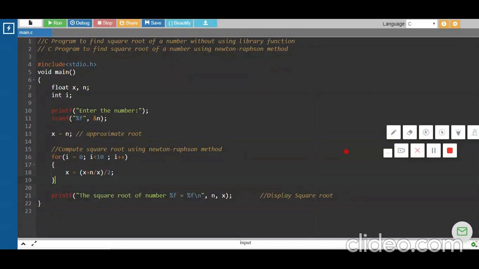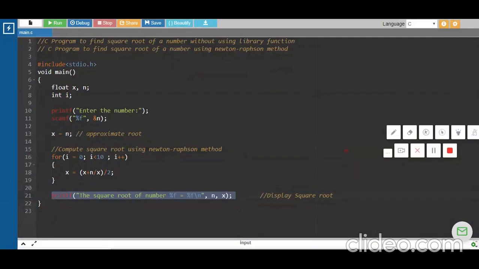Approximate root equals approximate root added to the original number divided by the approximate root, whole divided by 2. So this body of the loop will be executed until the i value becomes 10. In line number 21, I have written a printf statement to display the calculated square root.